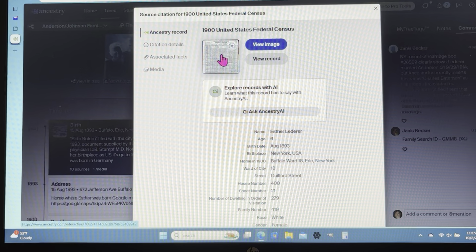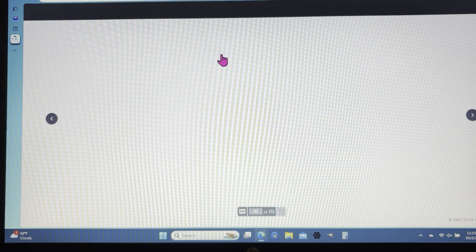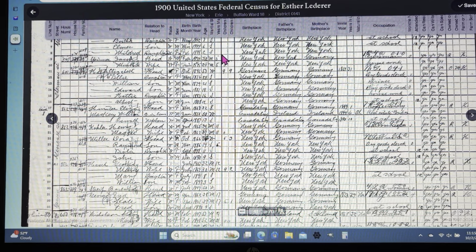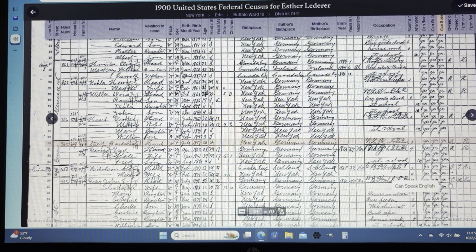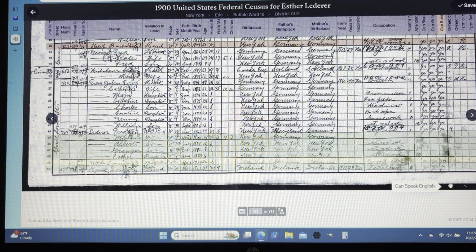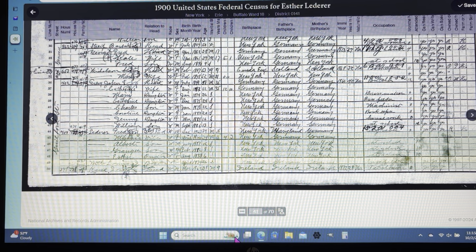But anyway, we can look at the census page from 1990, and let's see if they'll do it. I gotta go down the page. Where is she on the page? Okay, down at the bottom of the page, this is the family. This is where it's highlighted, and there's Fred Lederer, Minnie Lederer.